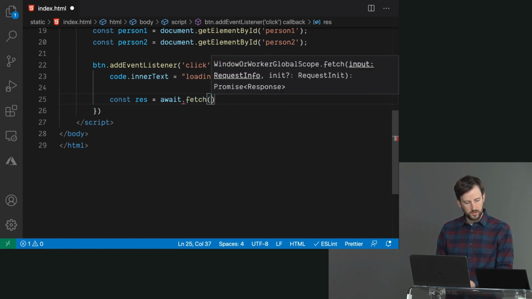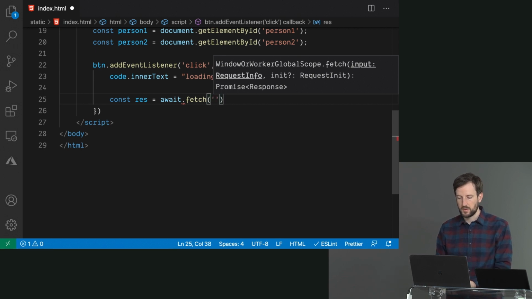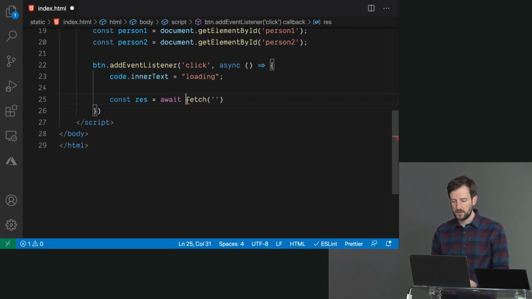And we're going to hit the get URL and question mark. Let's just do this with the template string actually. So I'm going to do backticks here, /get, and we're going to say question mark person1 equals